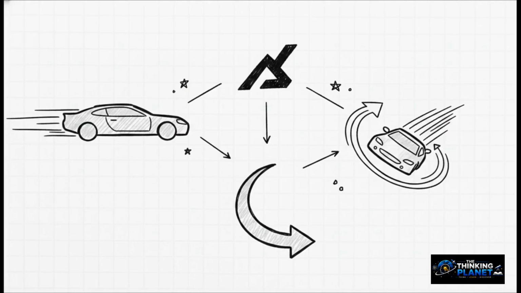To answer this, we've got to upgrade our vocabulary a bit. In physics, velocity isn't just a simple number. It's what we call a vector. A vector means it carries 2 distinct pieces of DNA. It has speed, which we call magnitude, and it has an arrow pointing somewhere, which is direction. Because velocity is a vector, it's wondrously versatile. It changes if the magnitude changes. It also changes if the direction changes. Or, naturally, it changes if both the magnitude and the direction change at the exact same time. Think of magnitude and direction as 2 separate dials on a control board. If you turn either dial or both of them, velocity changes, and therefore acceleration is happening.